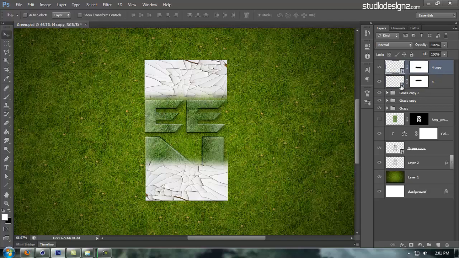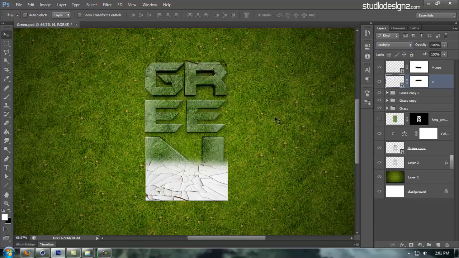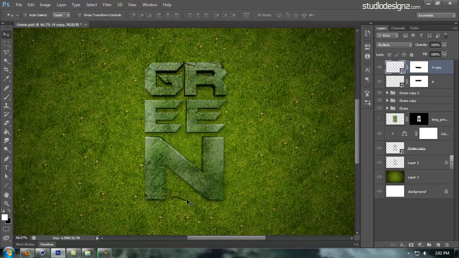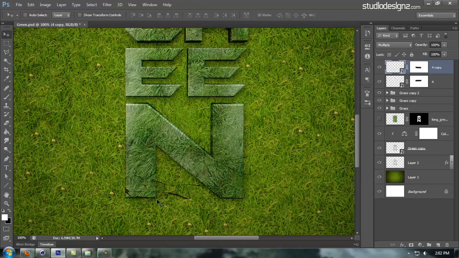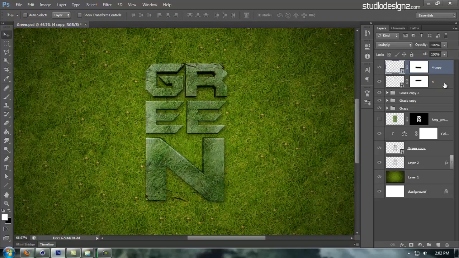Okay, next what we're going to do to make it look like a crack, so I'm going to select this and make it to screen, not screen, sorry, just change the blend mode to multiply. Okay, and you could just adjust that somewhere like here. We can just adjust those edges in a bit. I'm going to change this to multiply. You can see those cracks there, and it looks like brownie type, like a wooden crack, so I'm going to fix that too. Now what we're going to do is I'm going to make another copy of it,